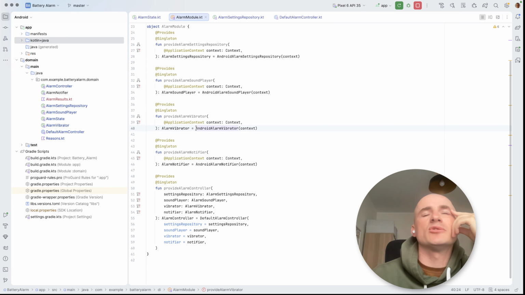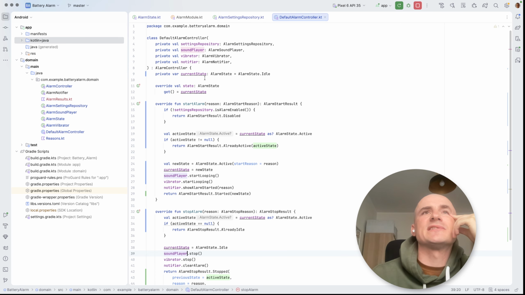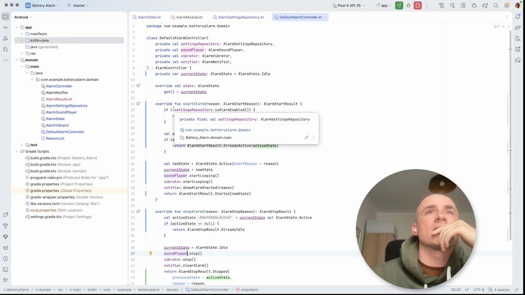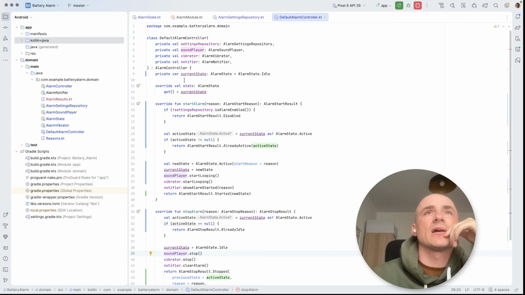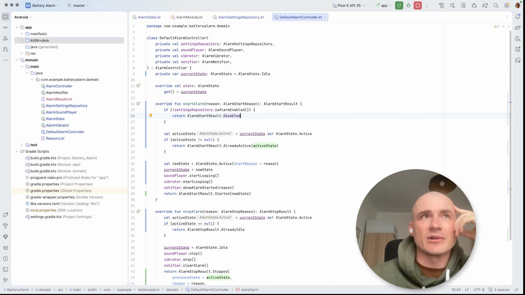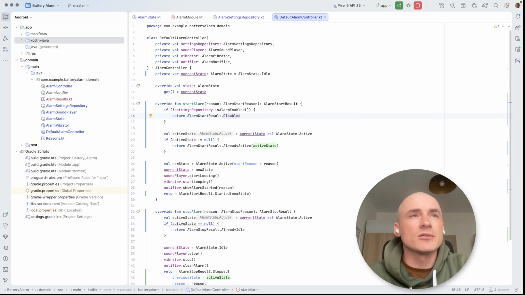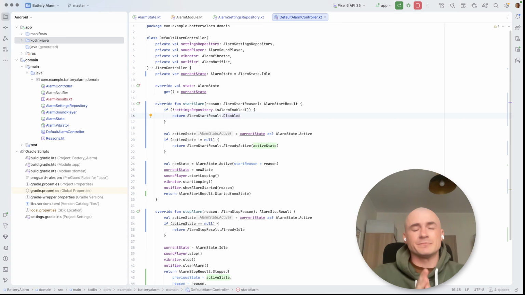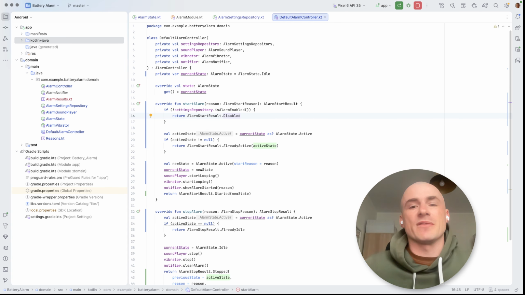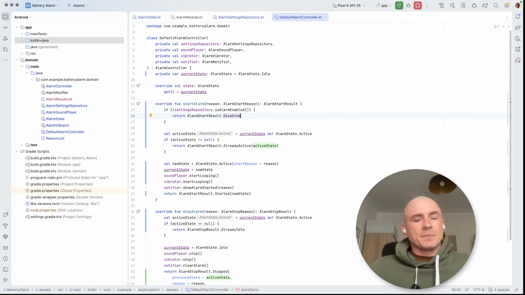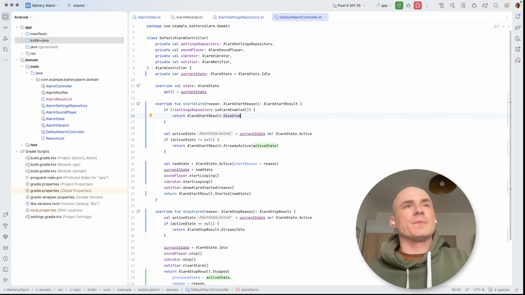I have now a good picture of an architecture that was generated by the agent. Now I want to see the default alarm controller and validate the logic, at least briefly. But let's do it in a separate video because this video is quite long already. Okay, so in this video, my main point was just to go through with you